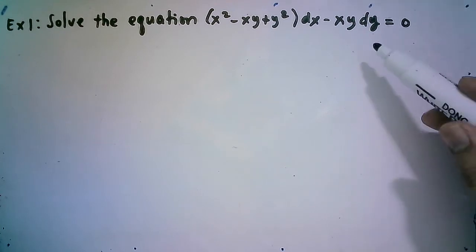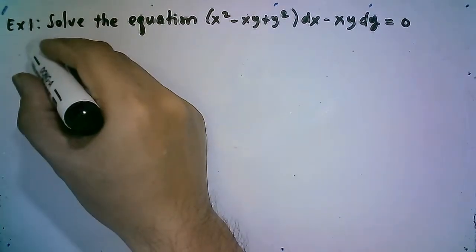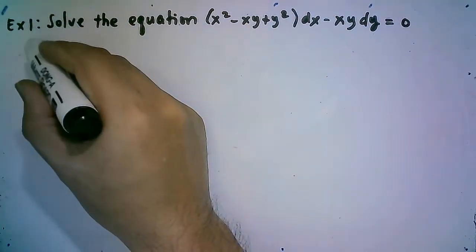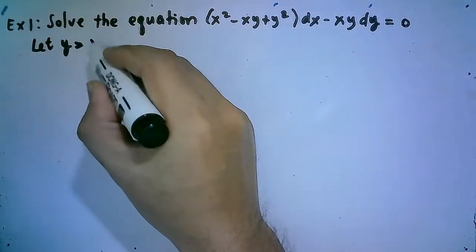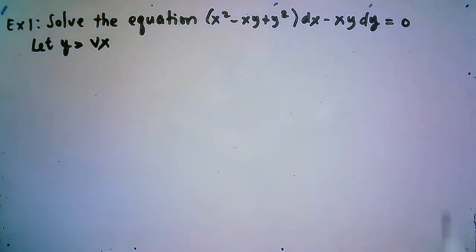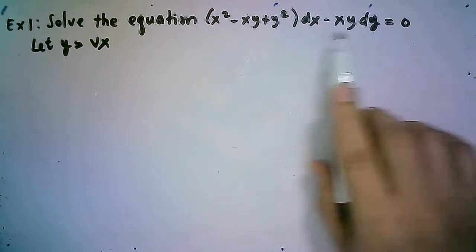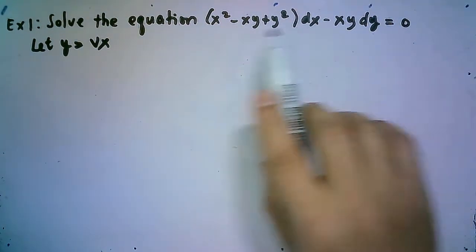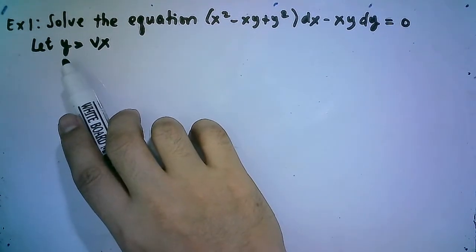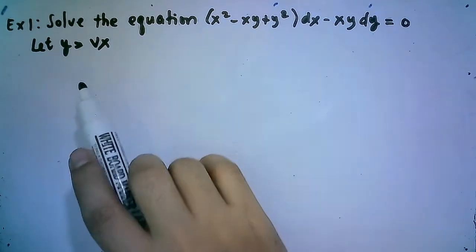So if this is simpler, we will use the substitution let y equals vx. Since dy is simpler compared to dx, we will be using this one, let y equals vx, for